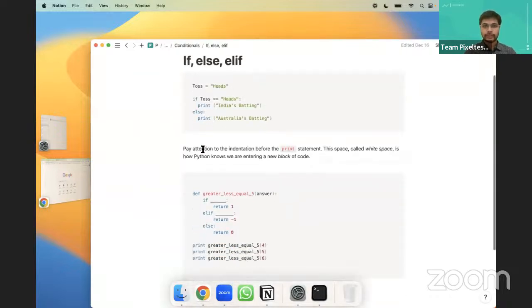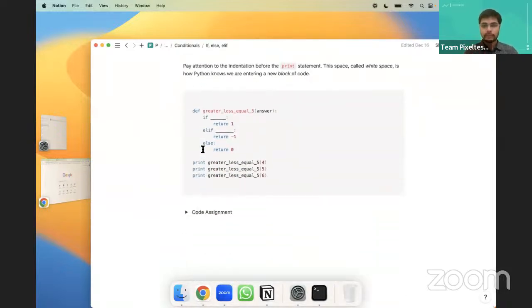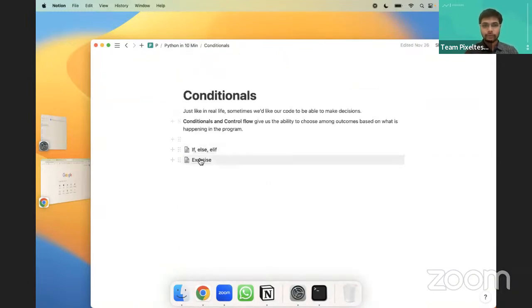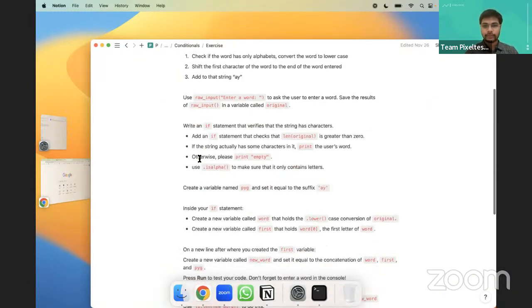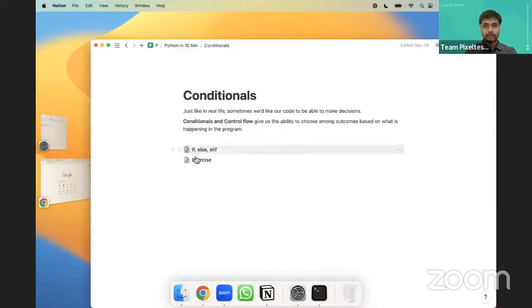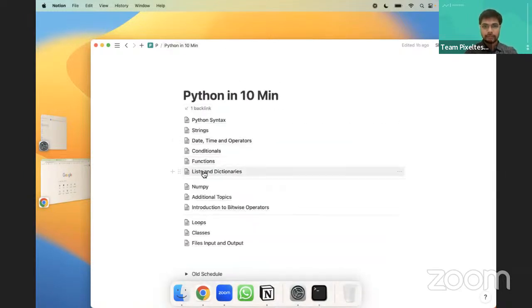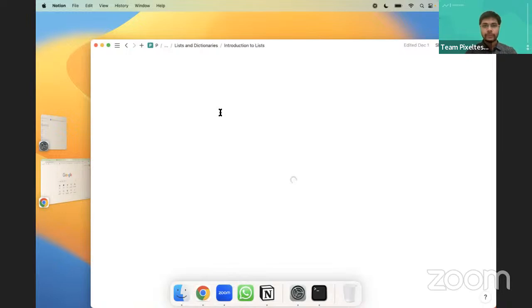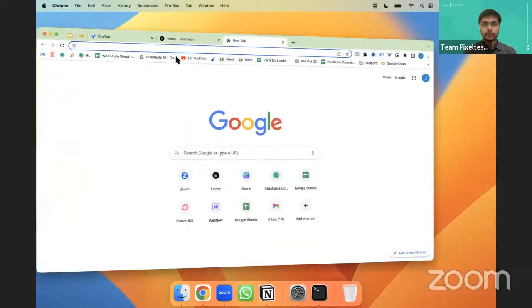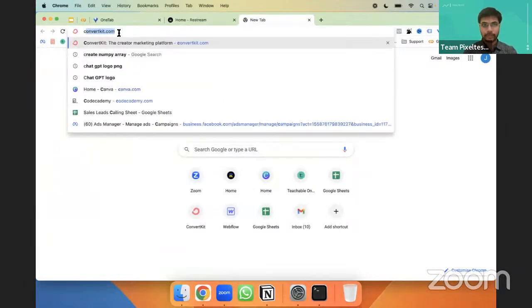We have covered till conditionals. In conditionals, we saw one particular function where we took out the grade of students. Post conditionals, we will check lists. So what are lists? For that, let me open Colab.